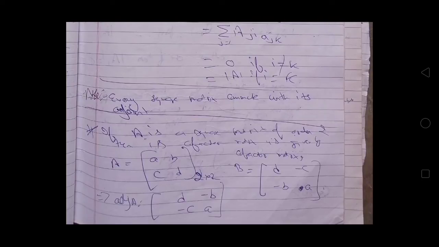Now, if A is a square matrix of order 2, then its cofactor matrix is given by a matrix of order 2 cross 2 in which the entries are placed like this. Then the cofactor matrix B will be like this, and the adjoint of A will be like this. So the diagonal entries have exchanged their positions, and the non-principal diagonal entries have been multiplied by -1 to get the adjoint. You can easily apply this rule to any square matrix of order 2.